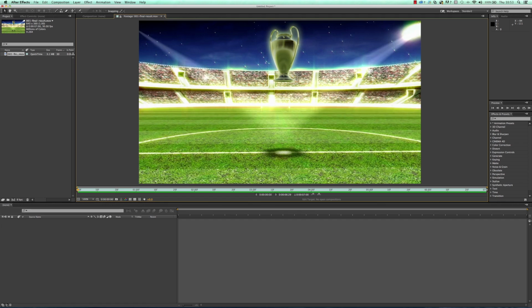So what we're going to do in this tutorial, it's going to be a fairly lengthy tutorial, but I'm going to show you an awful lot of stuff, and after you've seen it you should be able to work with the two tools to create similar kinds of effects.